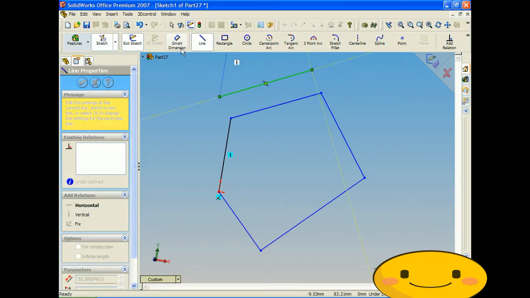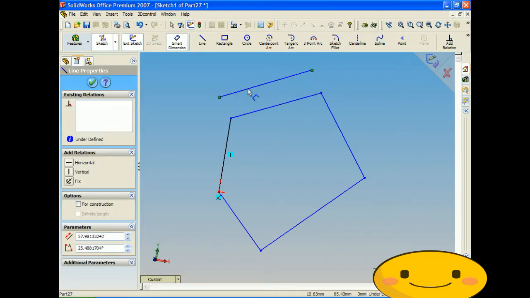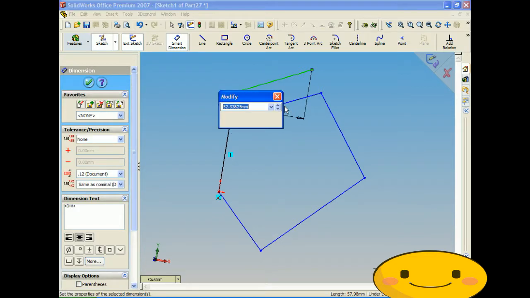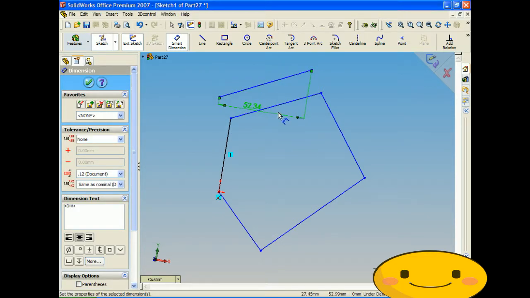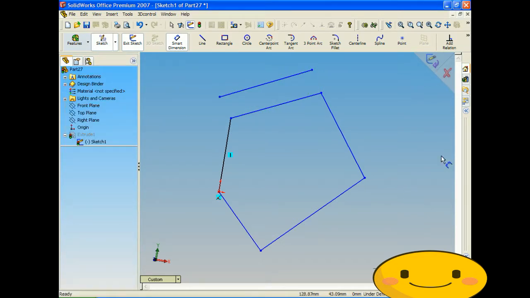You would draw another line using the Smart Dimension. You try to dimension it 10 mils away from the original one. But to do that, and to go all the way around, it's a lot of work, a lot of hassle. So let's delete this line, and to do that 10 mil all the way around, instead of doing each individual